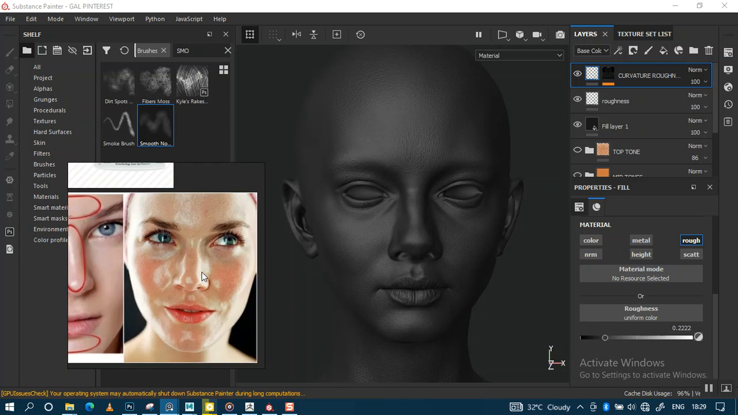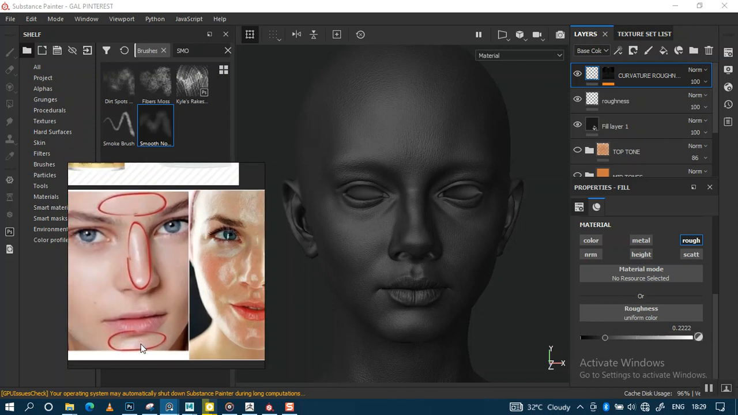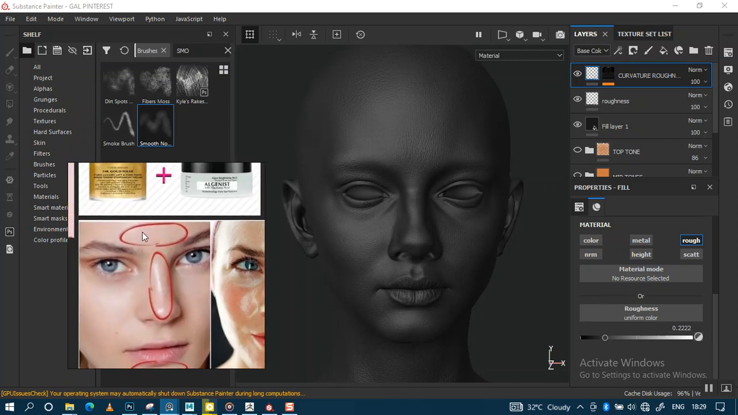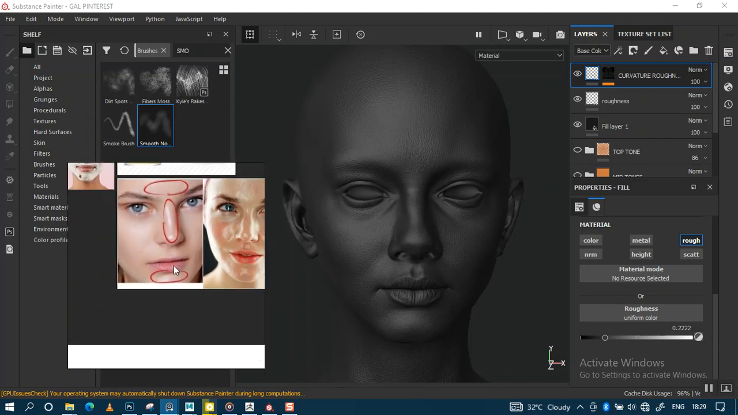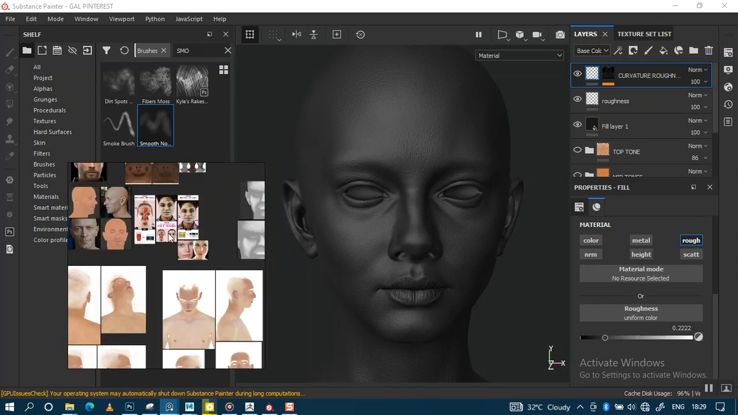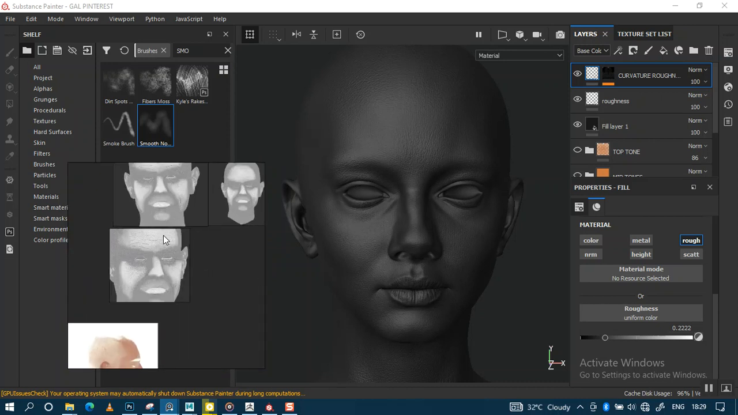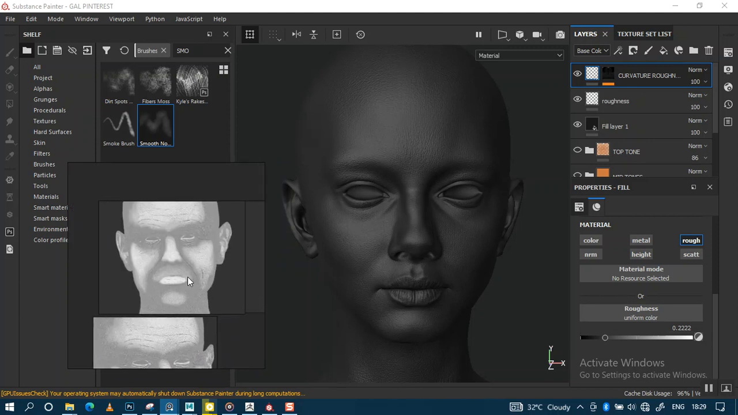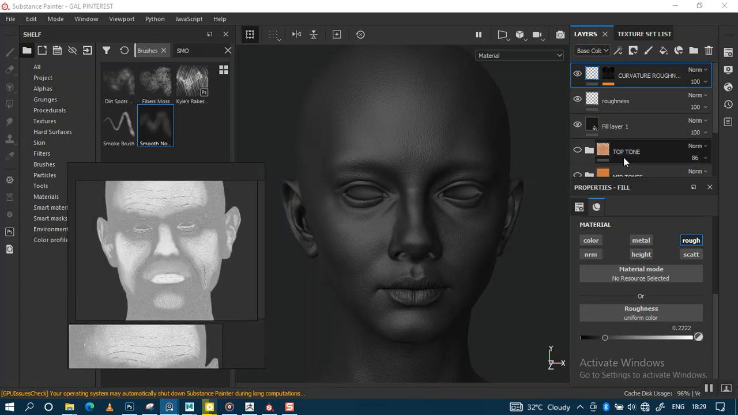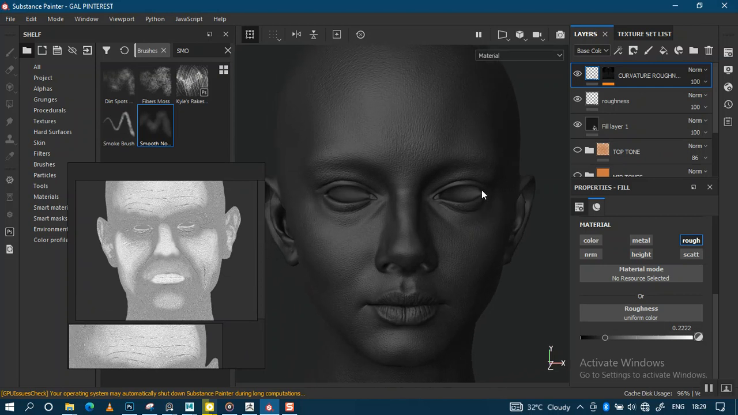So you can see rougher, making this more reflective: the forehead, the nose bridge, and then the chin, and then the cheeks also. I think there was a reference here. This is a reference image for that actually. So something like so. So to achieve that, we'll be creating a new